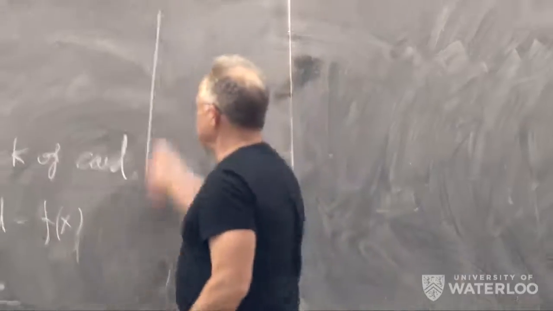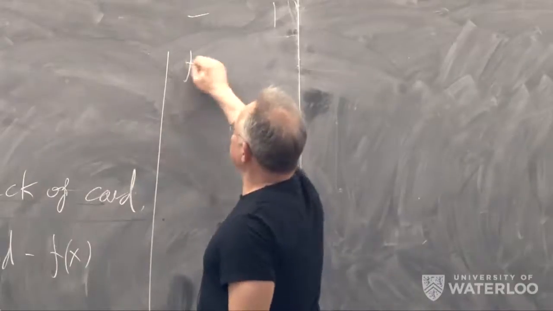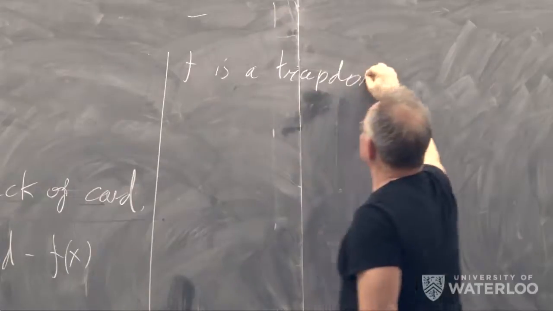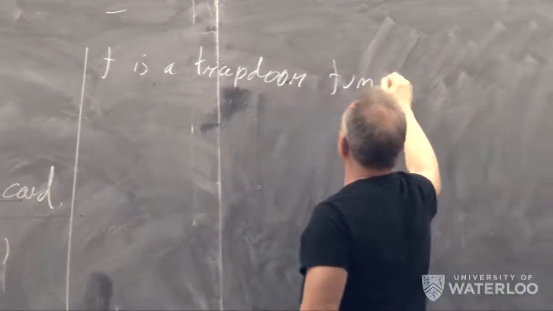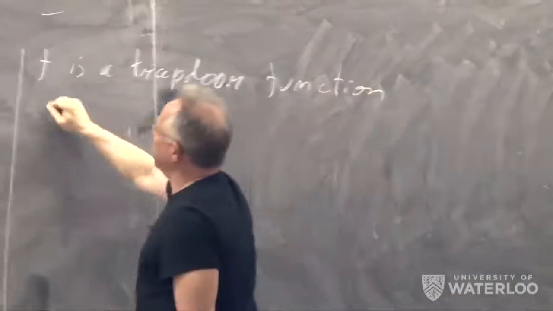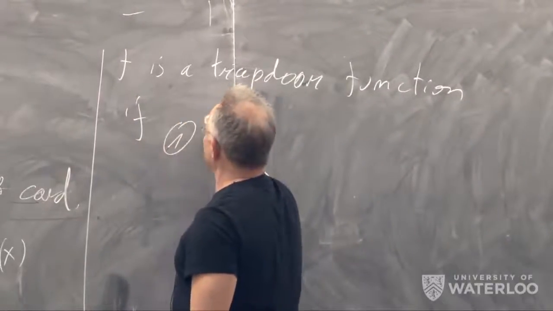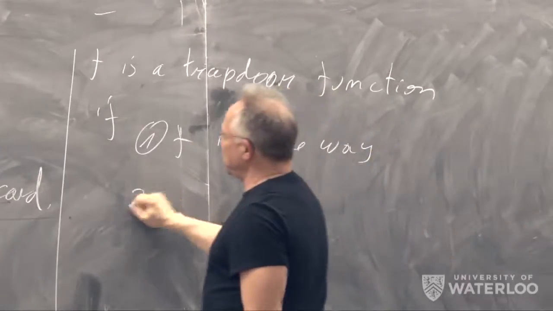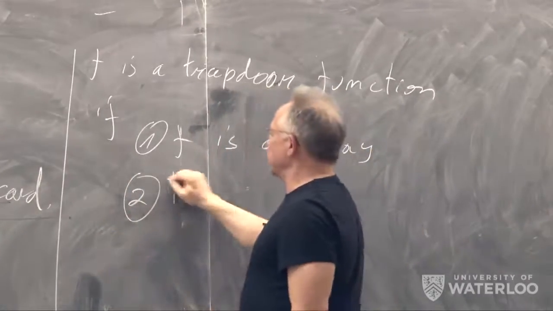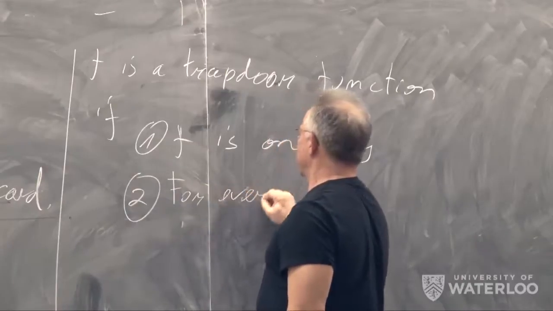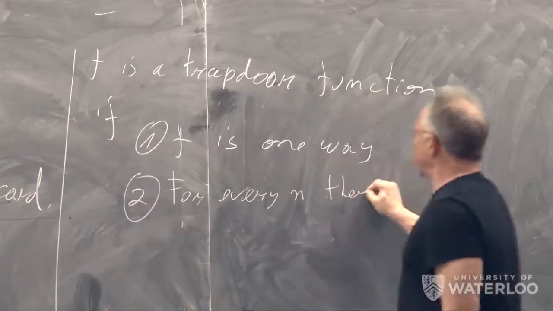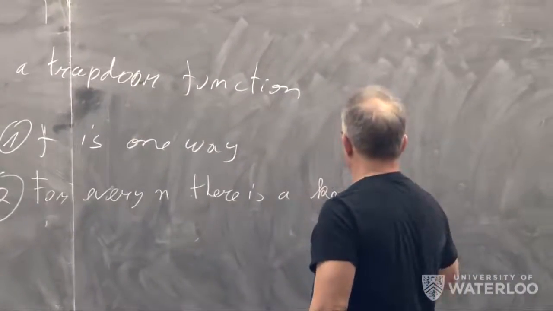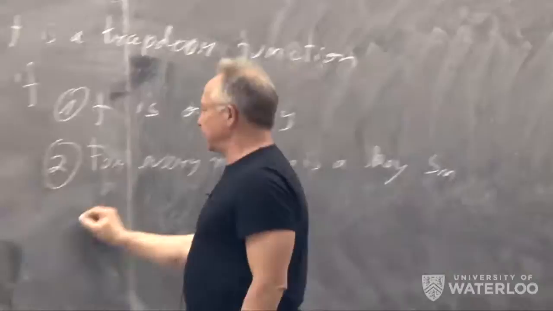So f is a trapdoor function if, one, f is one-way, but two, for every n, there is a key s of n such that